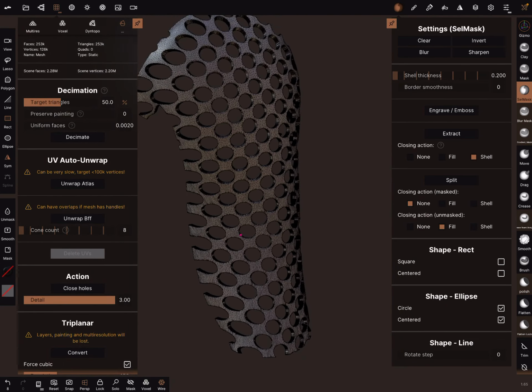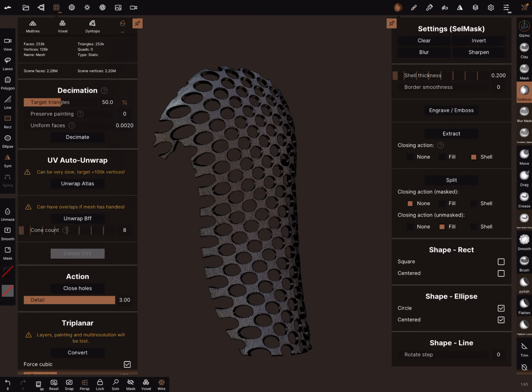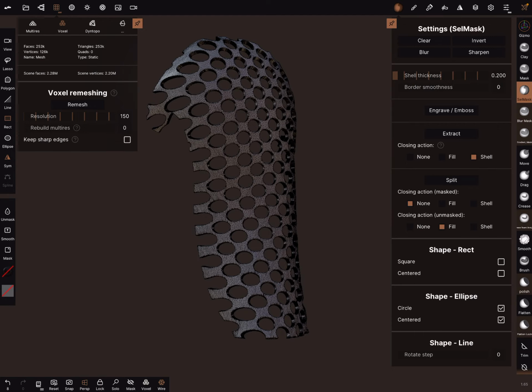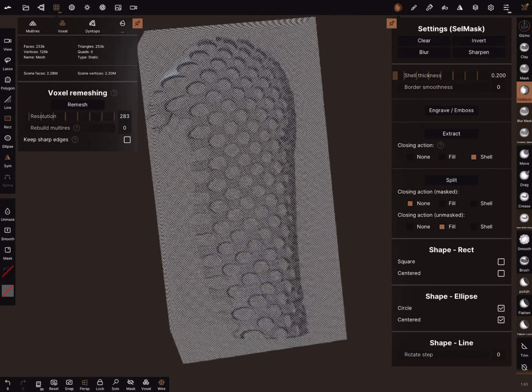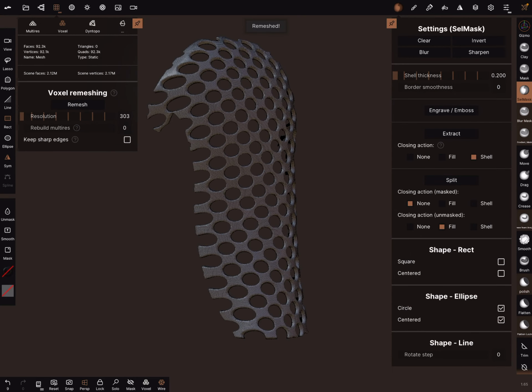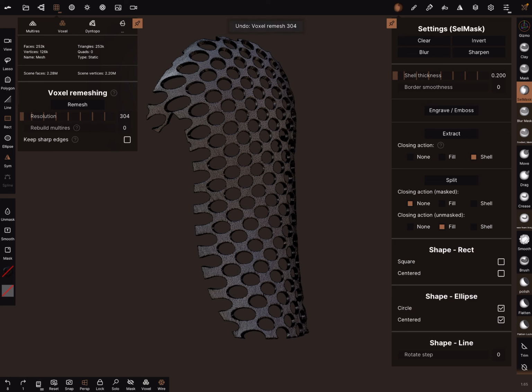Okay. You can make a step. You can also do a voxel remesh. You can test it. Remesh, and then go back, keep sharp edges and remesh it.